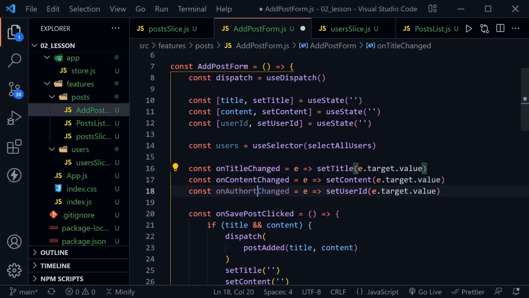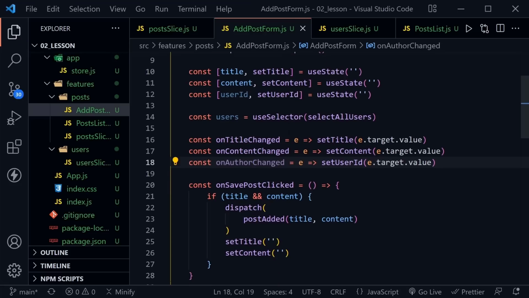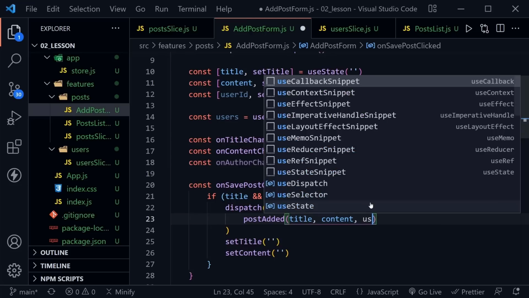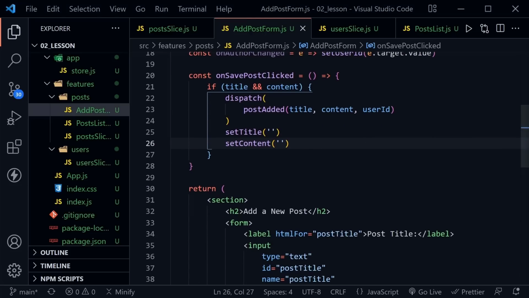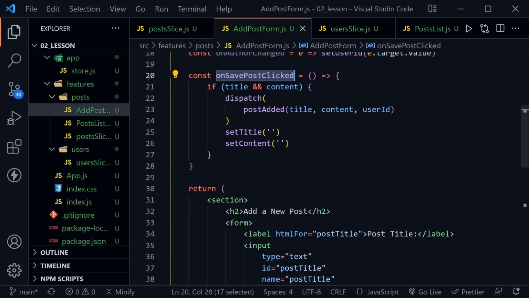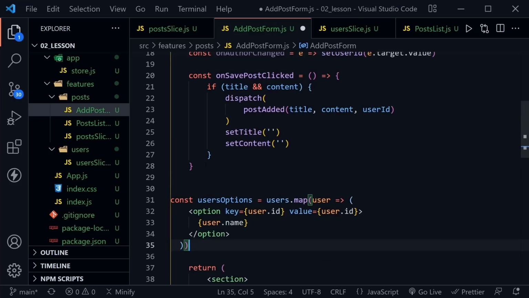And I noticed I left a T there in the author. So there we go. Now on author changed. Now inside of our dispatch with the post added, we're going to have the title, content, and the user ID to send as well. Okay, underneath the on save post clicked, I'm going to go ahead and create the options